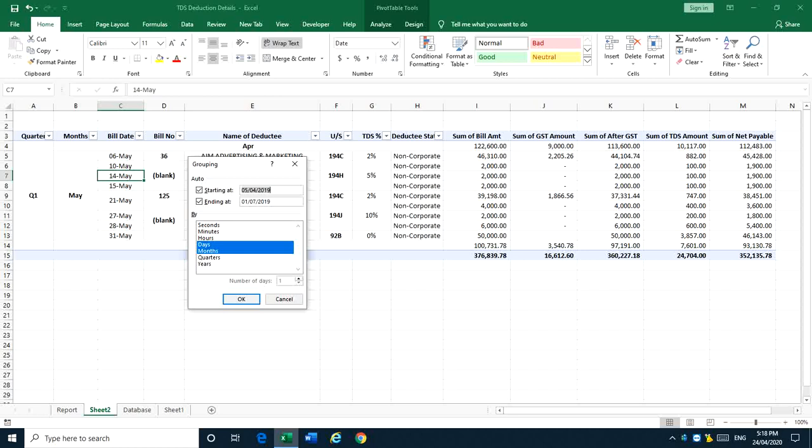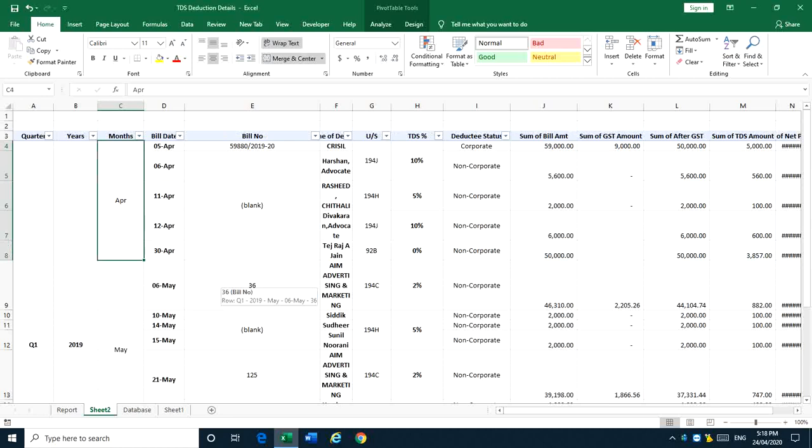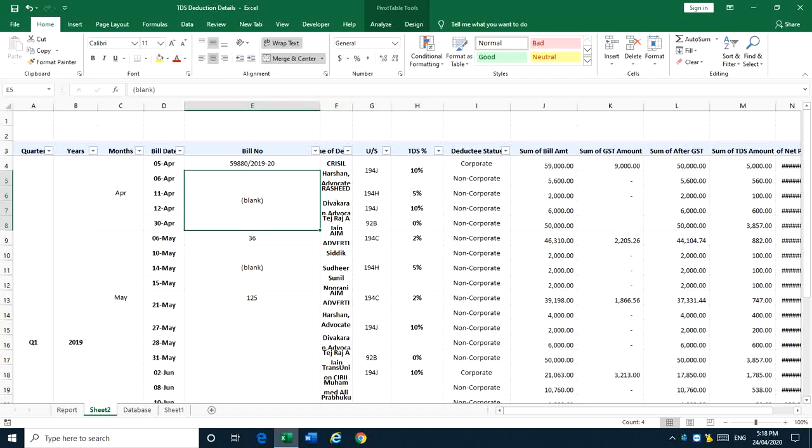Now days, months, years. Okay, now Q1 2019, April, May, both have come. Then the days of April: 5th April, 6th April, 11th, 12th April, 30th April. Again it starts with May. Adjust the column width.